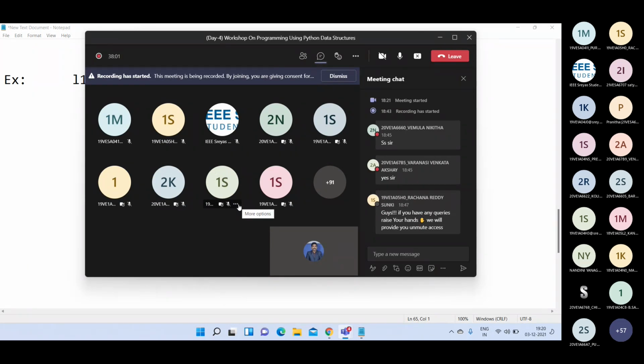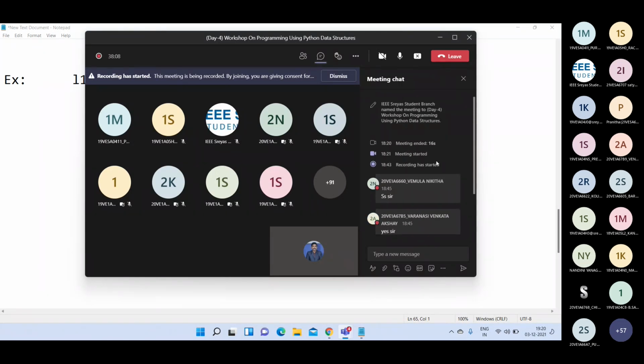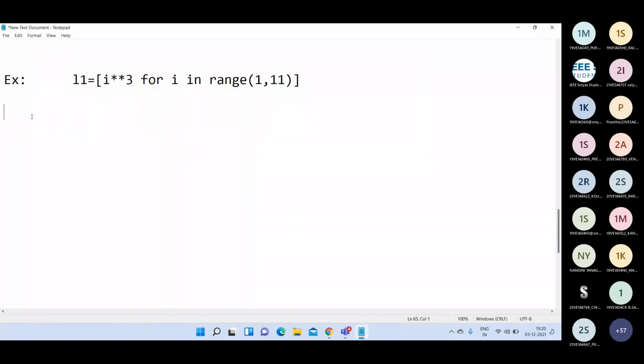If you have any doubts, please type it in the chat box or you can ask directly also. Anyone? Any doubts in lists? It seems no, sir.